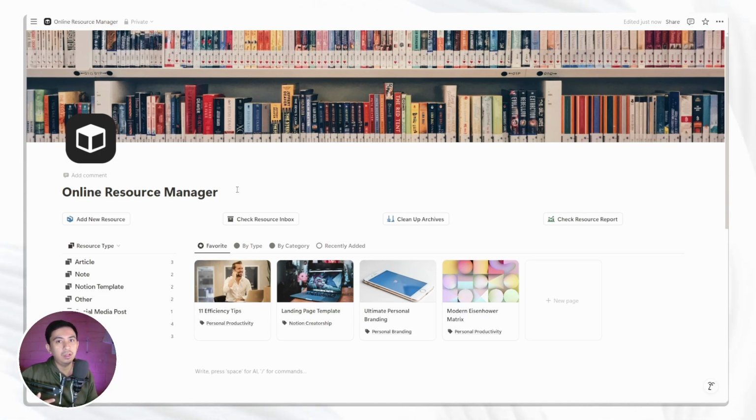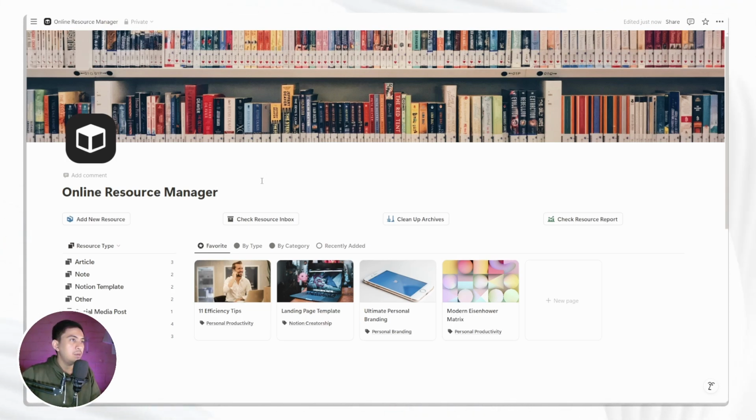So, for example, all of your digital notes or important or interesting articles that you want to read, or fun or important videos or web links that you want to store and keep for yourself so that you can access them later. And any other digital things that you want to have in your life, you can organize using this Notion template. So in the end, you will have a really centralized, easy to access and convenient resource management tool. So let's jump right into the Notion template.